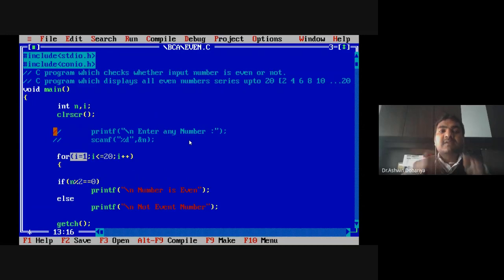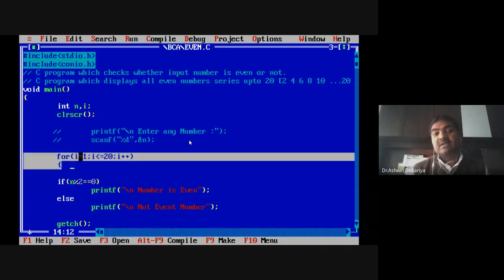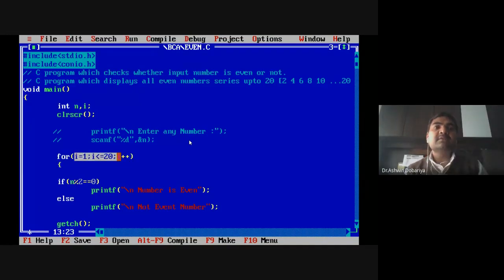The first time the for loop gives me a 1. The second time the loop executes, it gives me a 2. The third time the loop executes, it gives me a 3. I hope all of you understood that. So instead of the user giving a number, now I will receive the numbers 1 to 20 from the counter variable. Whenever you want to generate a series, you always have to add a loop. Right now I want to generate my even number series from 1 to 20, so I have started my loop from 1 and up to 20.